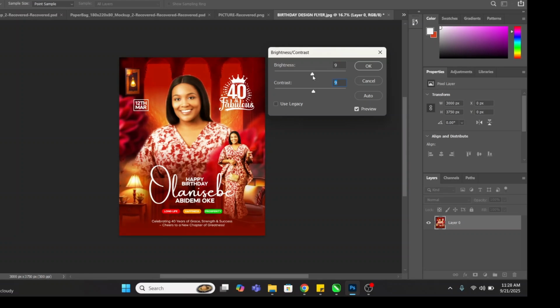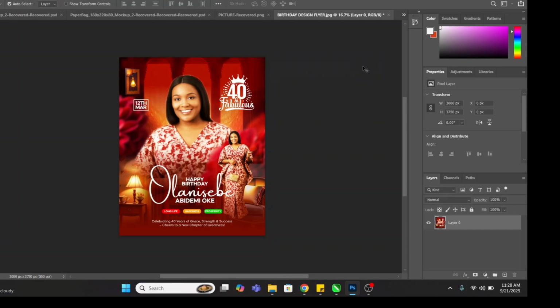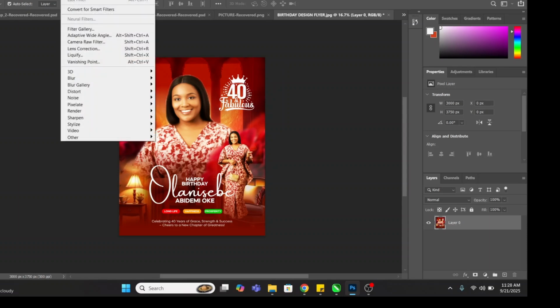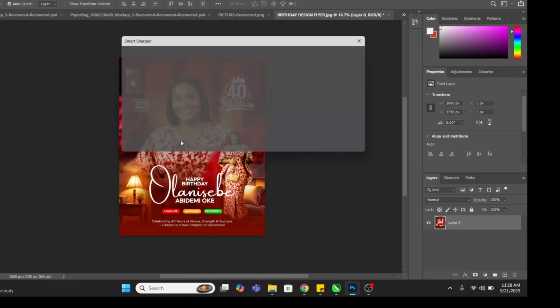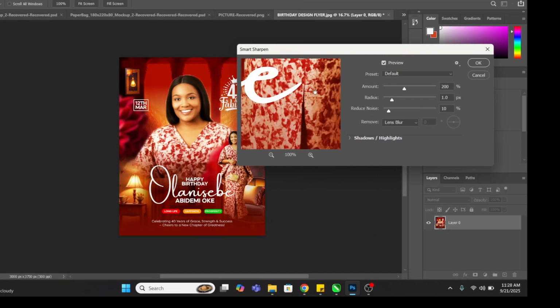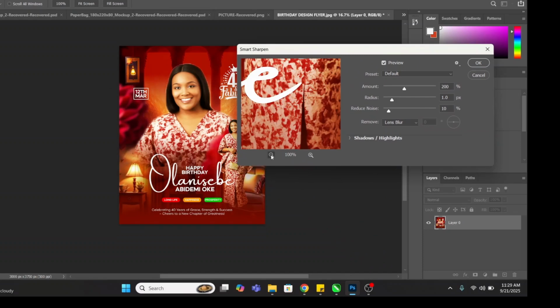Just a little, like maybe 9.9 or 9.7 is okay, right? Then you now come to filter, and then you come to sharpen, smart sharpen, right? A box will appear. When the box appears, what you need to do is,